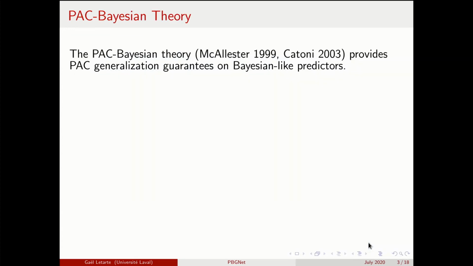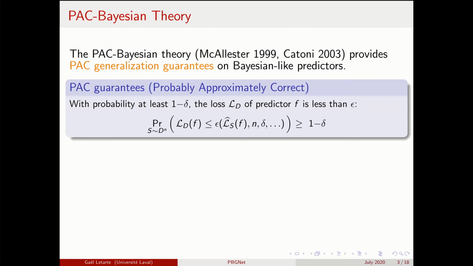A powerful tool to obtain insights on the generalization performance of predictors is statistical learning theory, such as the PAC-Bayesian theory. PAC-Bayes provides PAC generalization guarantees on Bayesian-like predictors. The probably approximately correct learning framework gives probabilistic upper bounds on the generalization loss. The probably part refers to a confidence parameter delta: the bound is accurate over the sampling of the training set from the distribution. The approximately correct part involves a real valued function epsilon that encodes the upper bound based on the empirical loss, the number of examples, the confidence parameter, and other quantities